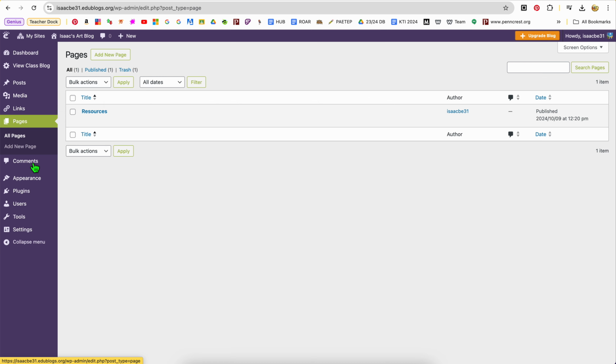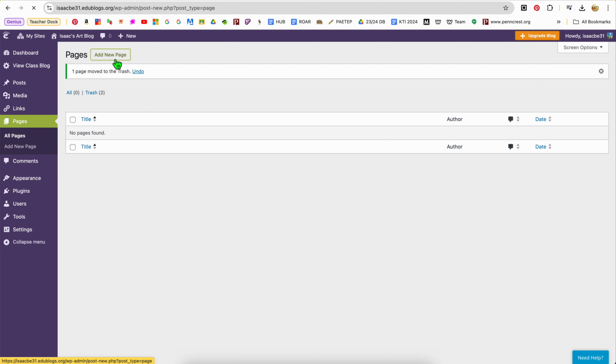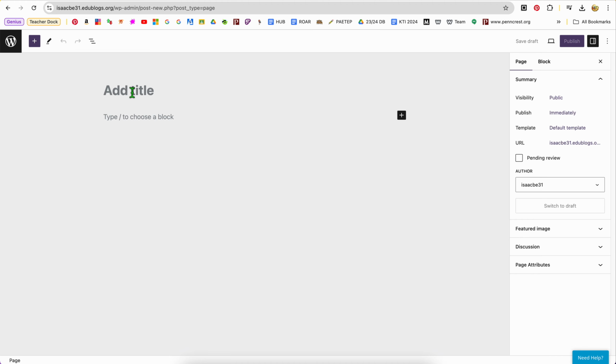As far as pages go, this is how you add a new page to your blog, and I'll show you the difference between a page and a post in a minute. So let's say I want to add a new page. You will probably start off with a default one just because that's what they do. So I'm going to trash this one, and I'm going to add a new page. I'm going to add a page that says, let's see,